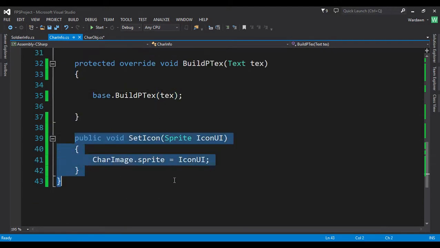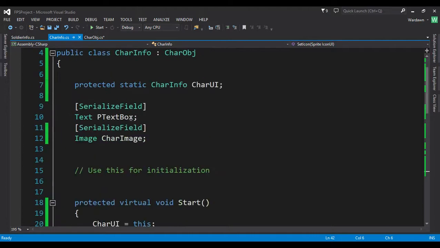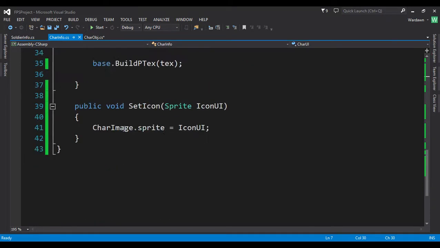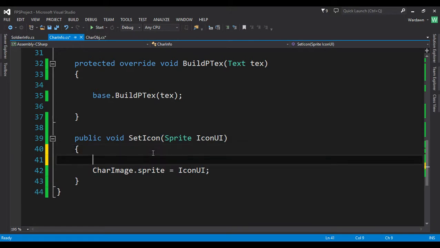Now the set icon right here, I have this here just because I have these private, so they can't directly manipulate it. They have to go through a function right here. And the reason I did it that way, instead of just going in the other class and saying, character function, do this, do this, do this, is that I want to just be able to call the function, and if I need null checks or anything like that, like if